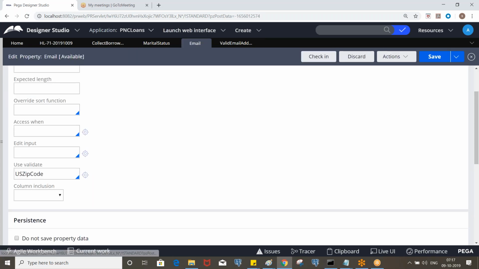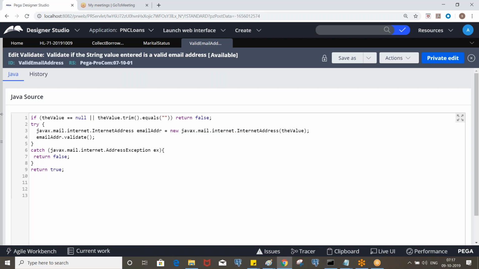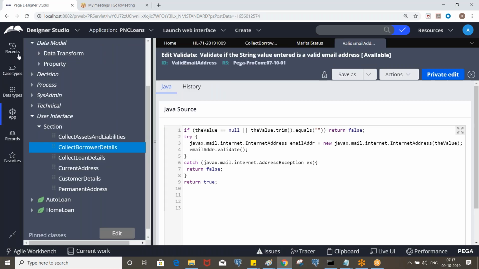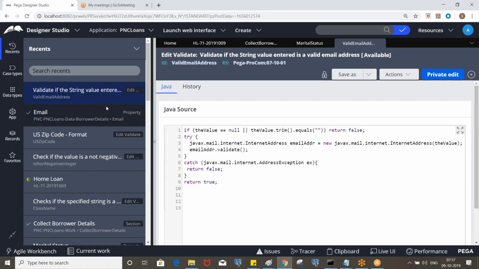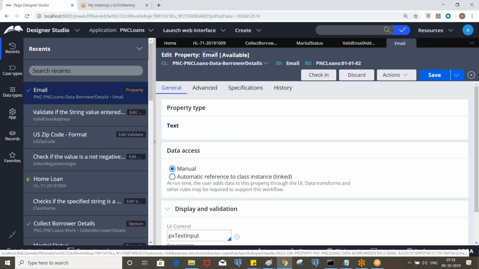So we have a zip code property, right? Let's call that. If you want to validate different countries' zip codes, then again you will have to modify that code.